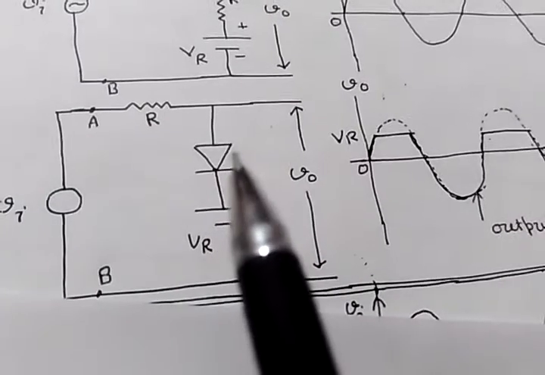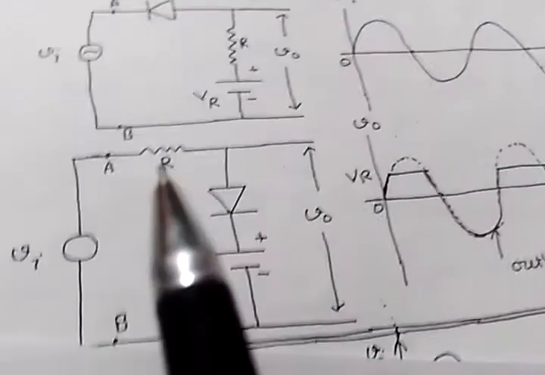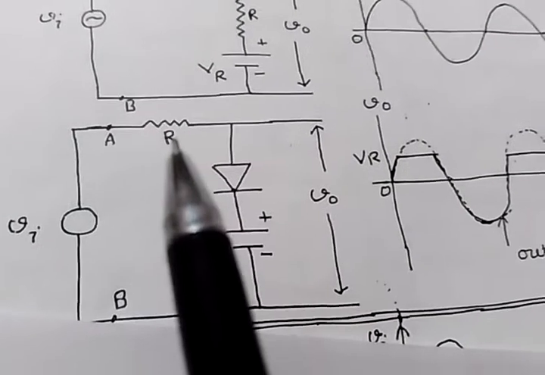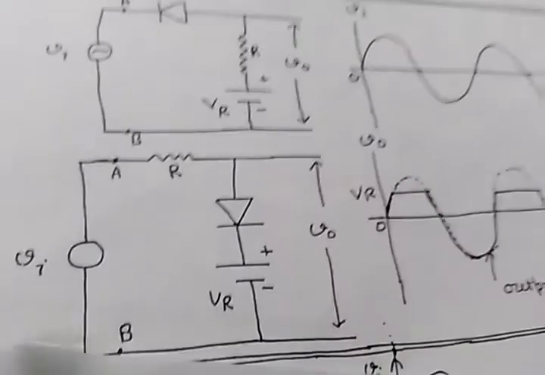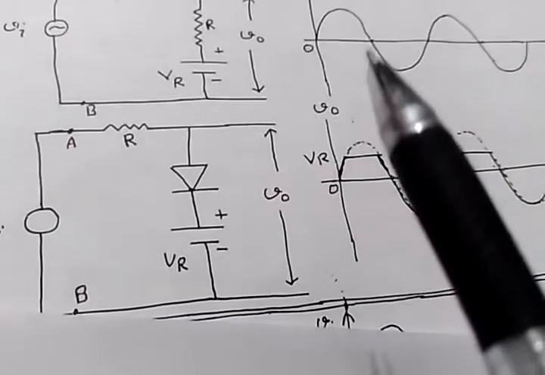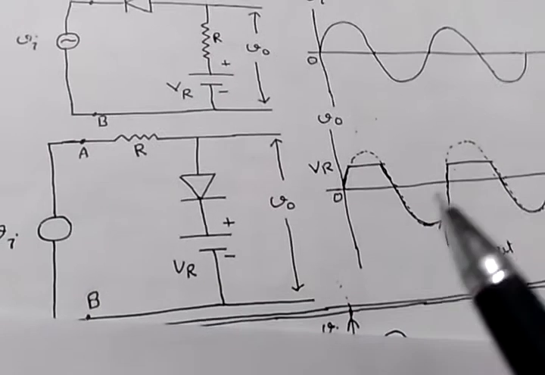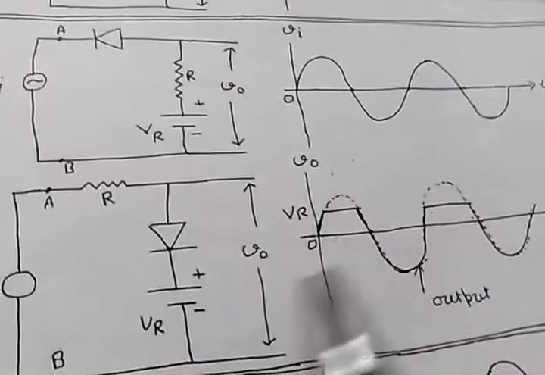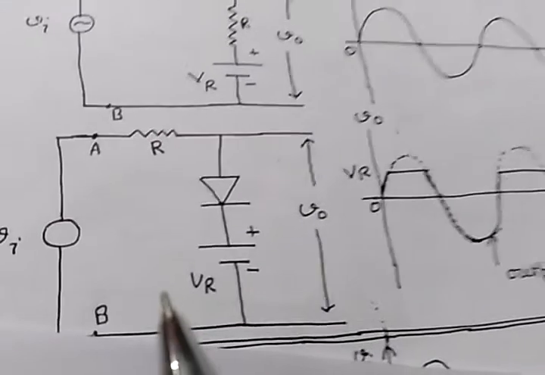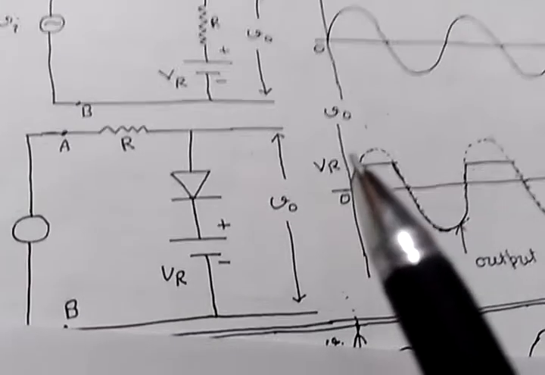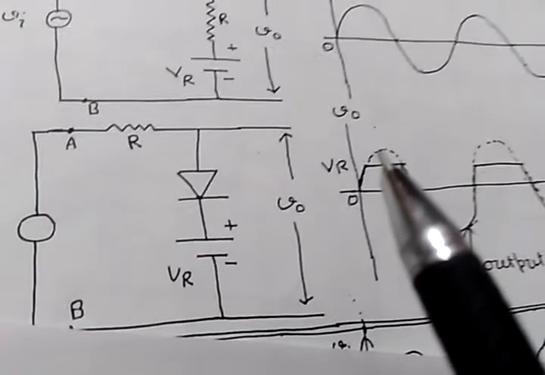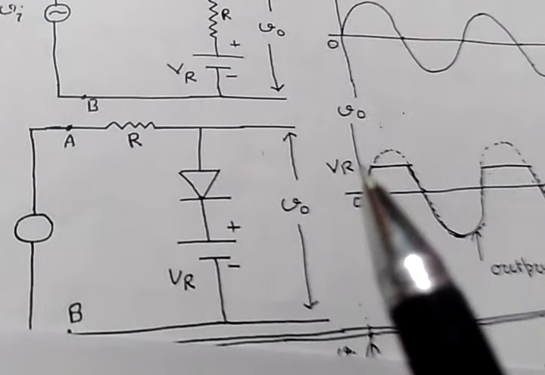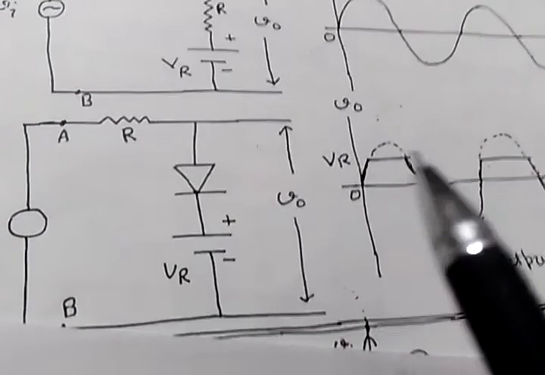Replace this diode from the circuit. Now the circuit will break. No current will flow through the resistance R. So the voltage across this resistance R will be 0 and the output will follow the input. For the complete negative half cycle, the output will be the same as shown here by this solid line. In this way, this shunt biased positive clipper will clip a portion of the input signal from the waveform. This circuit will clip the input signal which is above the VR.